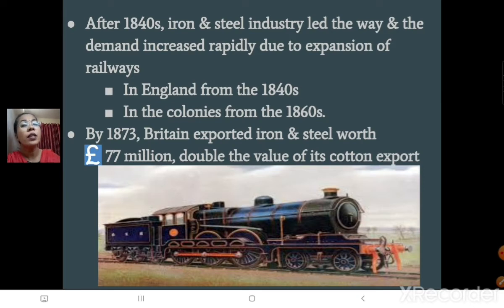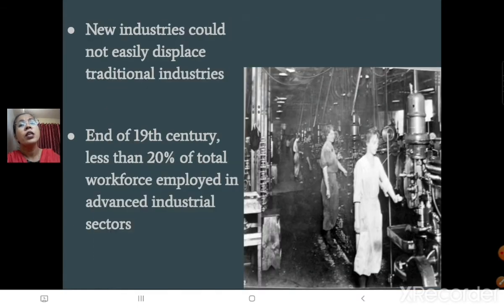Do you know, children, by 1873, Britain was exporting iron and steel worth 77 million pounds. That is double the value of cotton exported. Now the point was, the new industries could not easily displace the traditional industries. That is, though the modern industries started to set up in England, they could not replace the traditional industries,